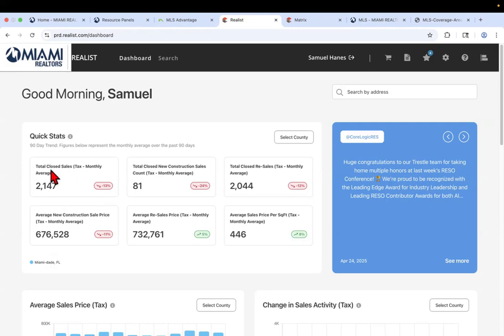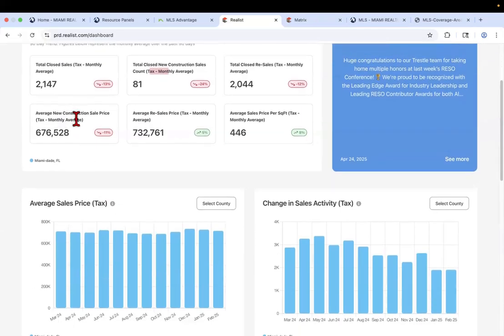We're looking at sales 2,147. It's letting me know of the sales, we have a total of 81 new construction sales that have been recorded directly through the county, not the MLS, county. Tax means county record. We are down for new construction sales at roughly around 24%. We have had some properties being sold again, also known as resales, 2,044 of those. Those also, when it comes to the average price, those have gone down also by 12%. For price, when it comes to new construction properties, we're down 11% currently with an average price, according to sales, within the tax record,